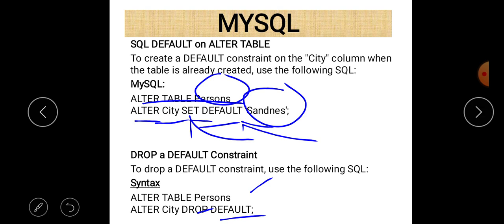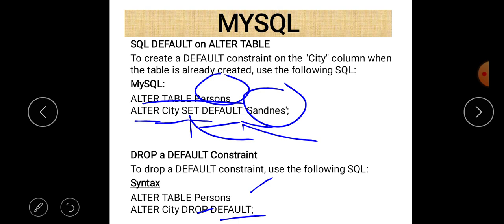So this is all about the alter table structure, and it is a very important statement. By using this ALTER TABLE statement, we are able to change the existing structure of a table, as well as add or delete different constraints.